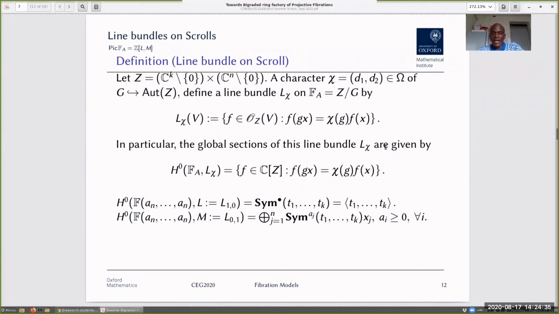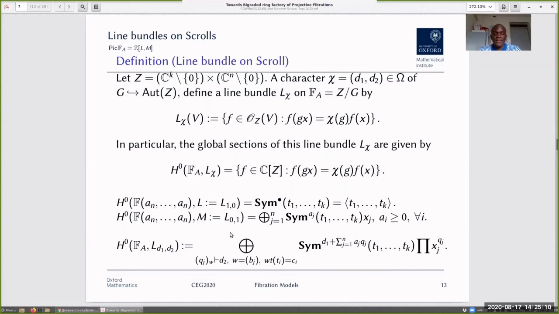I denote L and M to be the line bundles associated to the characters (1,0) and (0,1) respectively. And these are the ones which are the basis of the Picard group of the scroll. The sections of the line bundle L_(1,0) are generated by variables in the base. And the sections of M are the direct sum of the products of x_j and the polynomials of degree a_j in the t_i's. And generally, a line bundle associated to the character (d1, d2) is